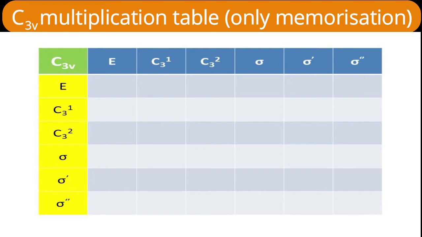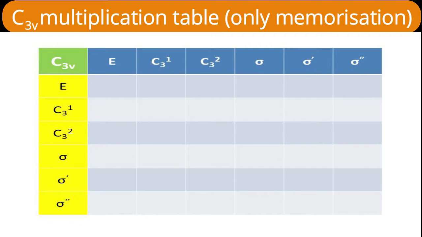Fourth one, sigma. Fifth one, sigma dash. And sixth one, sigma double dash. All those sigma are vertical planes. Whatever rotation I am considering, that rotation is anti-clockwise. Now here it is not that important, you only need to remember all these 6 operations. Now the multiplication of those I'll represent in the respective positions. Conventionally, I will choose an operation from the column first and multiply it with the operation from the row to produce the result at the proper place.